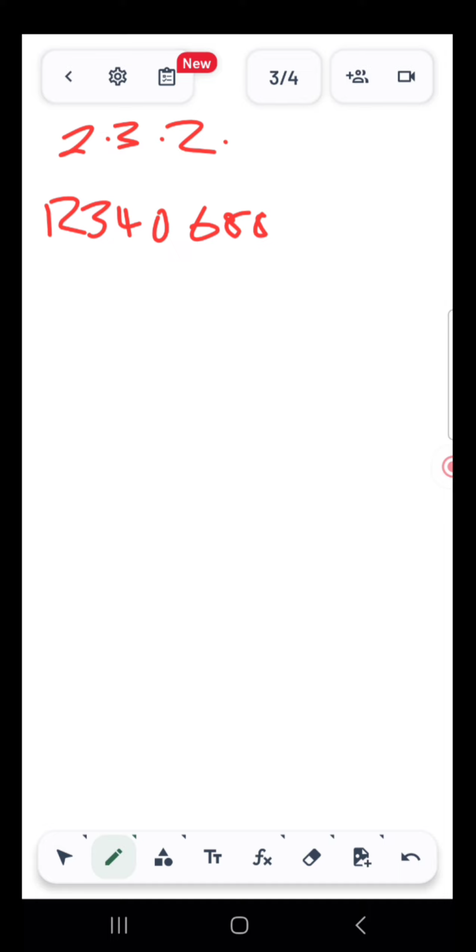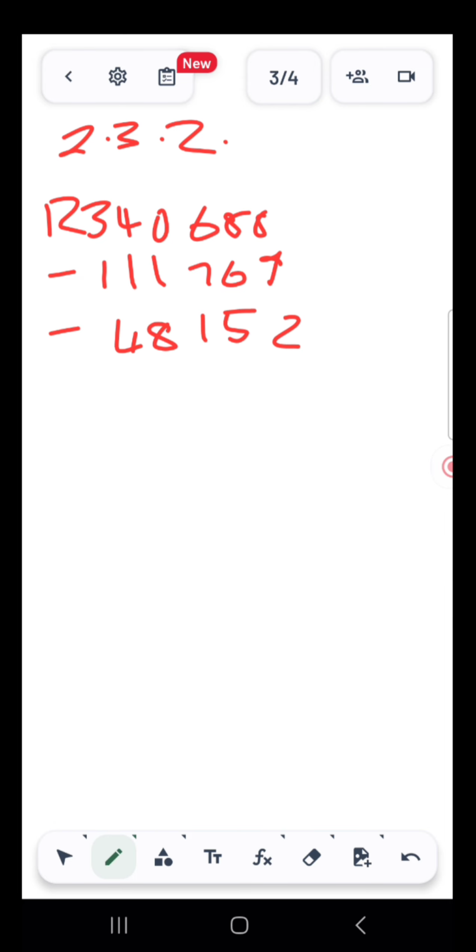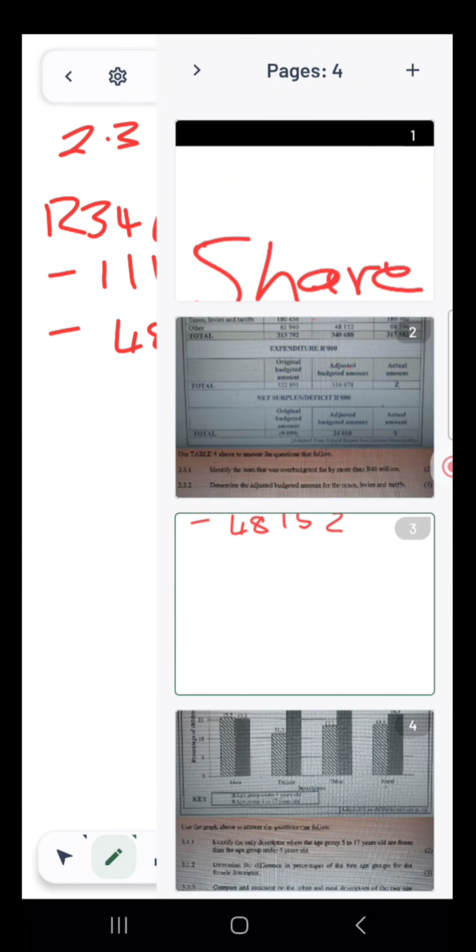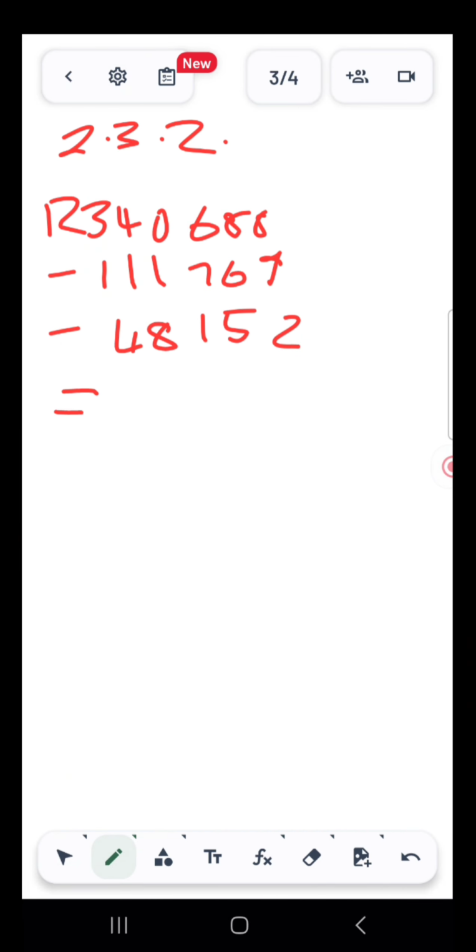Then we minus the 111,769, then minus the 48,152. So from this amount we minus this and that, and then we get this. Do you see how it goes? Okay. So when we do that, our final amount is